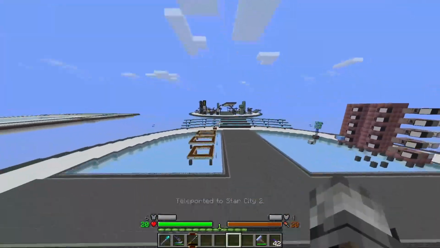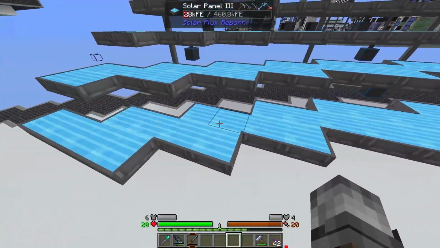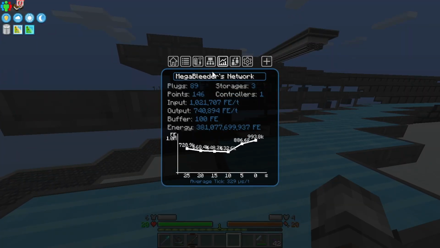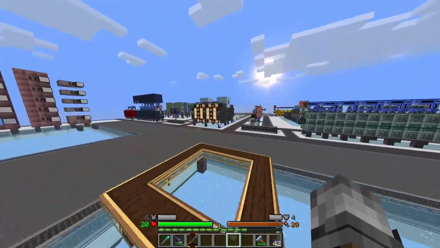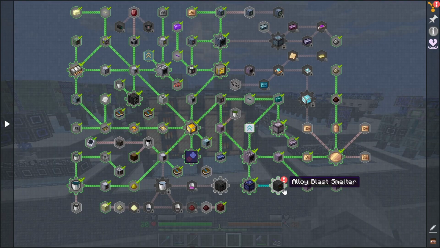So I did go ahead and expand out our solar panels here all the way completely. So these guys are hooked up. And if we take a look, we're getting over 1 million, but that's only because our buffer is completely full. So we are doing just fine there. I'm looking at